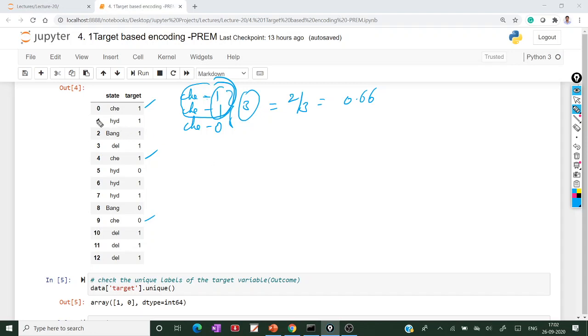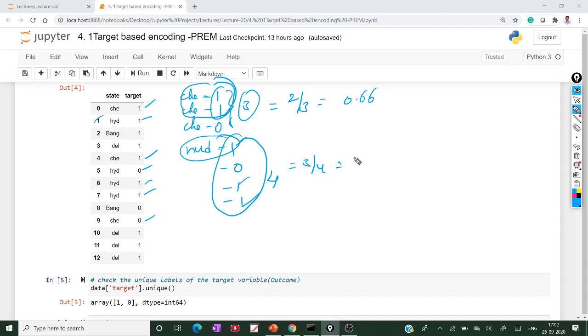Similarly, next Hyderabad: 1, 0, 1, 1 means 4 observations in total. Out of 4 observations, correctly targeted means 1, 2, 3, so 3 by 4, which means 0.75.